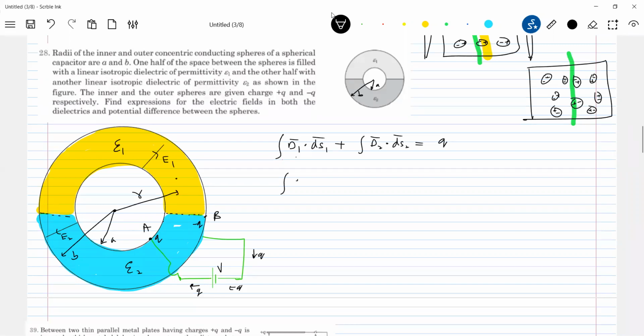So here this should be equal to epsilon 1 E into ds1. And this should be equal to epsilon 2 E into ds2. I assumed a thin shell of radius r and thickness dr. What will be the surface of that shell in the yellow color region and blue color region? They will be the same. So in fact, ds1 should be equal to ds2 equal to ds. So this should be epsilon naught E